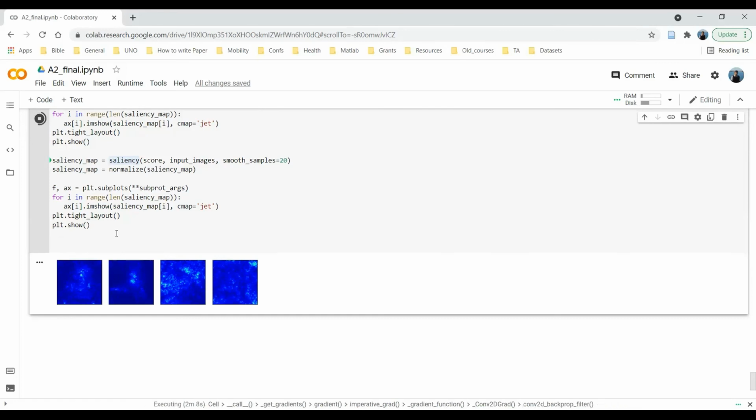The only thing that will change is the input, because VGG16 expects 224 by 224 input images. MNIST would be different, and it will be different even for CIFAR10. So make sure you are giving the proper input to the networks, then the rest of the things will remain the same.